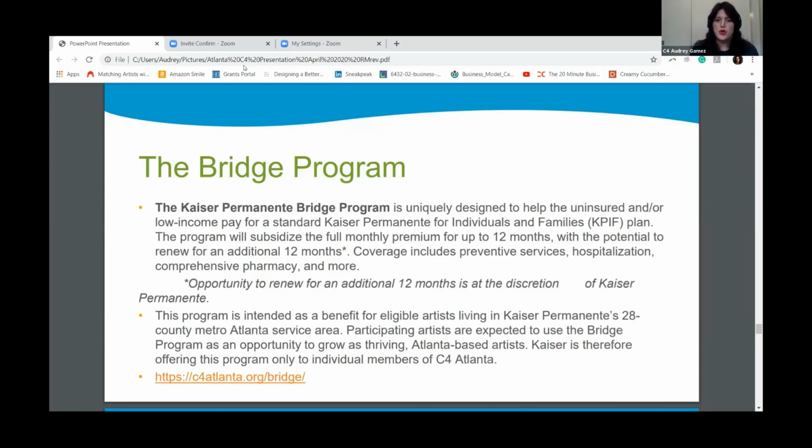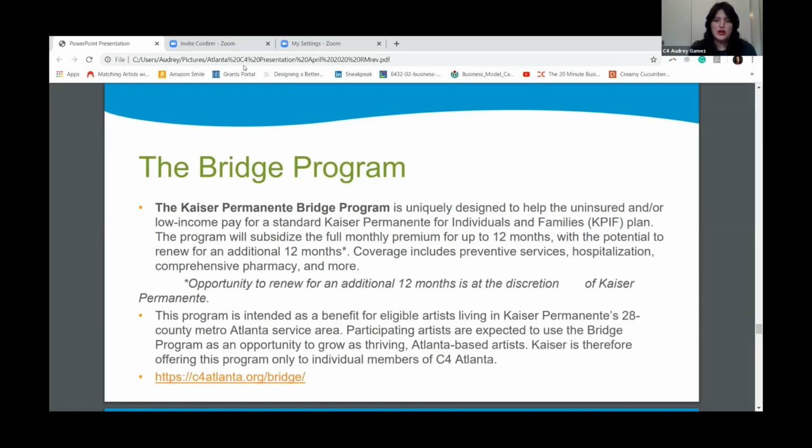They view this as a workforce development program, so they're looking at how can we cover people during periods of transition. And so if you are going from one situation to another and trying to improve your situation, they want to help cover your healthcare coverage during that transition to make it easier for you to get education and maybe build your business as an artist, or take some kind of class to help you out.